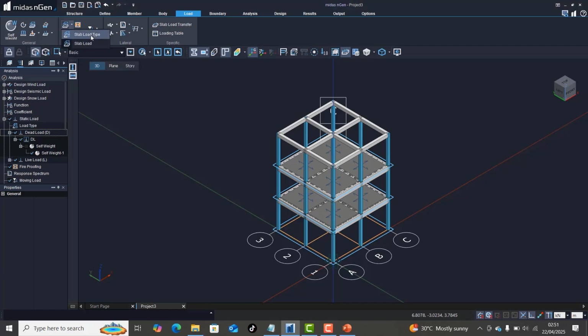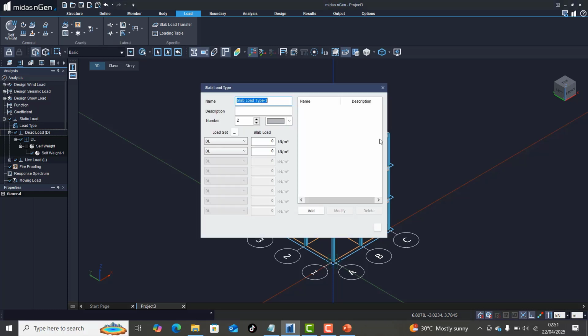You can see we have the slab load type. If I click on my slab load type, here you can add your live load and your dead load on your slabs. So all I need to do here, I have my dead load here, I can add my live load. Okay, so all you need to do is to know the specific characteristics,